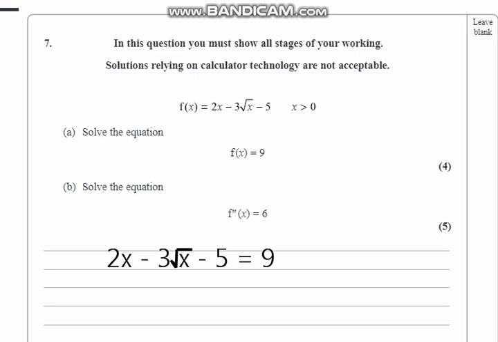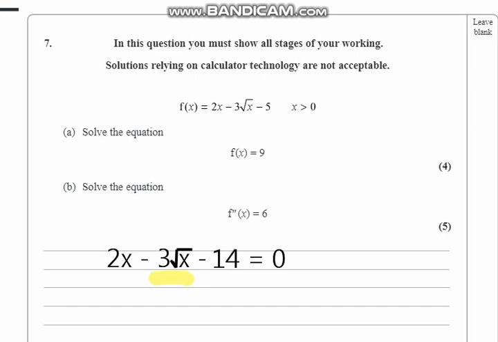And now to simplify it, I'll just take 9 to that side and make it look like a quadratic function. There you go, 2x minus 3 root x minus 14 equal to 0. Now our next step will be an unusual one because I'll be taking out this term, that's minus 3 root x, because this one looks different from the other ones: the first has a polynomial x, and this has a root of x. The other one is a normal number.